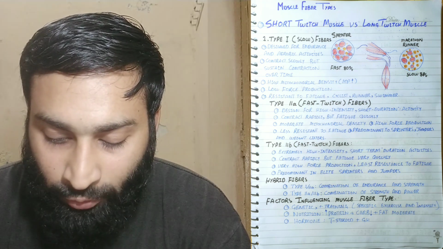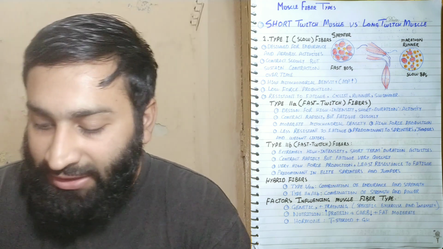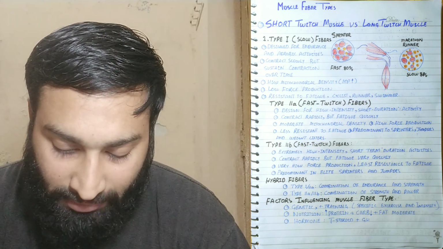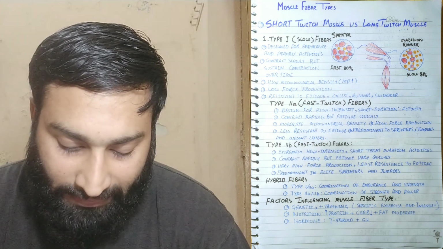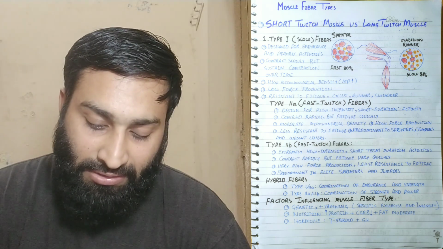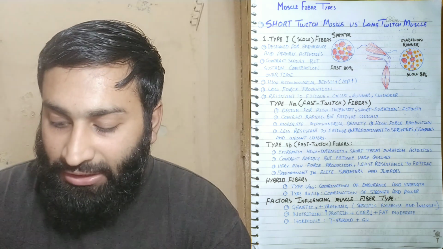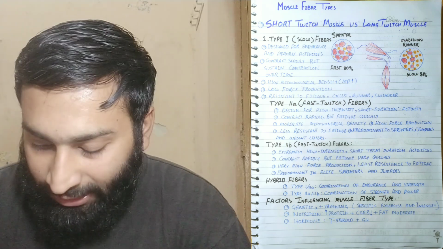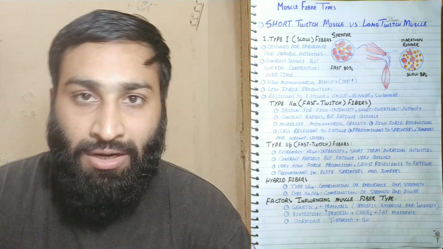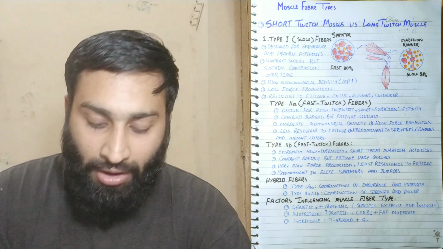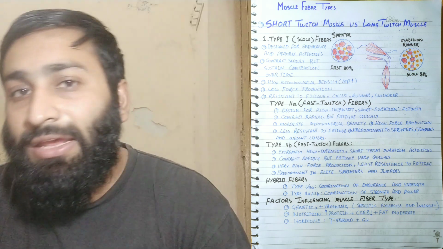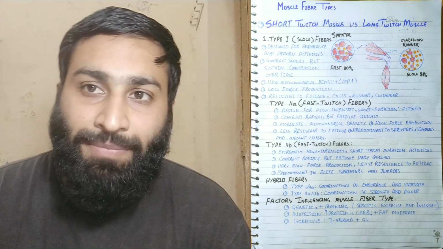Type 2A and 2B is a combination of strength and power. The factors influencing muscle fiber type are genetics, training, specific exercise and intensity, nutrition such as protein, carbs, fat and moderate fat, while hormones like testosterone and growth hormone are also factors influencing the muscle fiber type. But again, in summary: